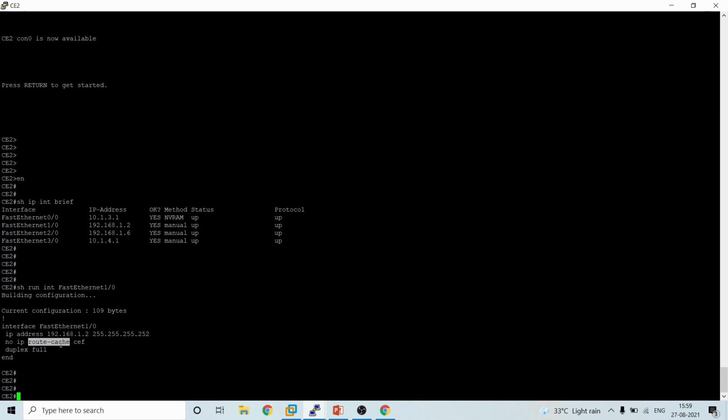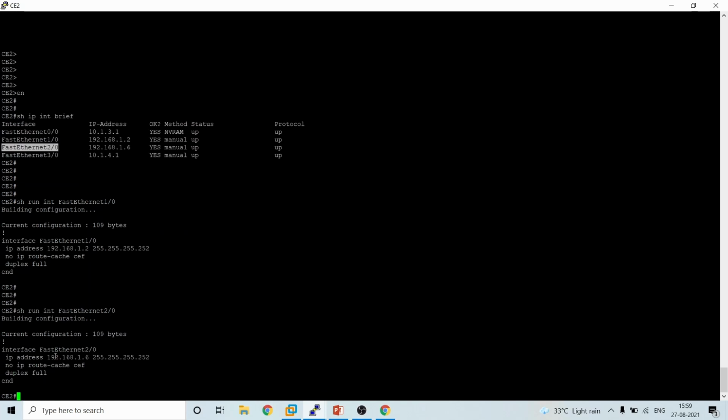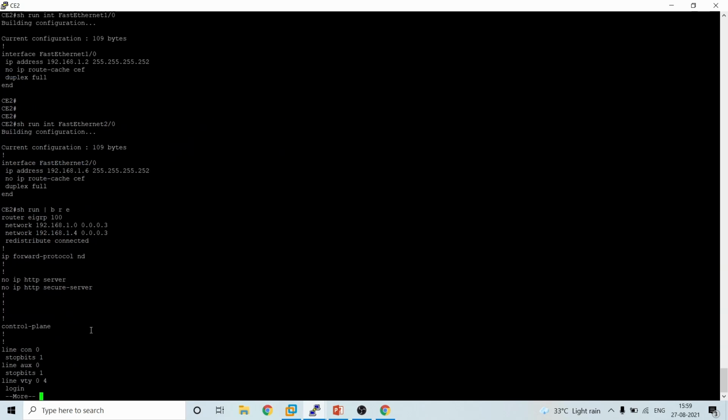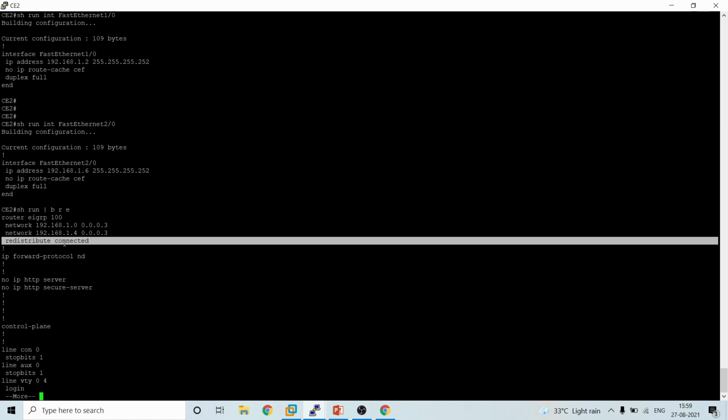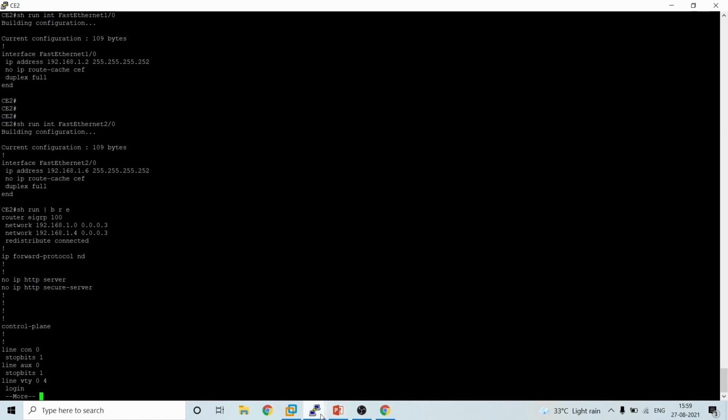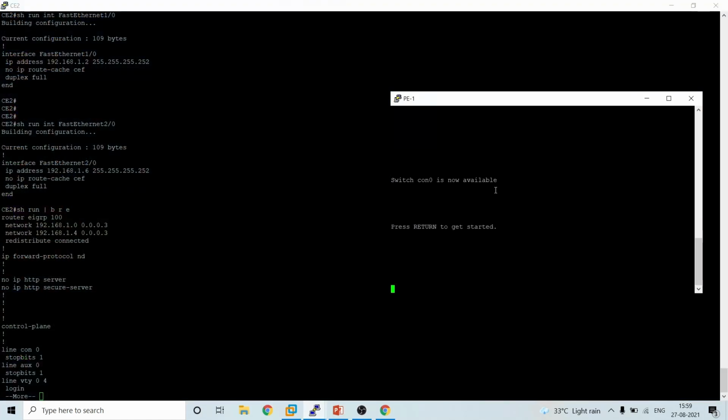No IP route cache, same here as well. And I'll show you the EIGRP configuration as well. Just EIGRP and two networks, and redistribute connected to redistribute the 10 subnets. And finally, I'll show you the PE configuration as well.